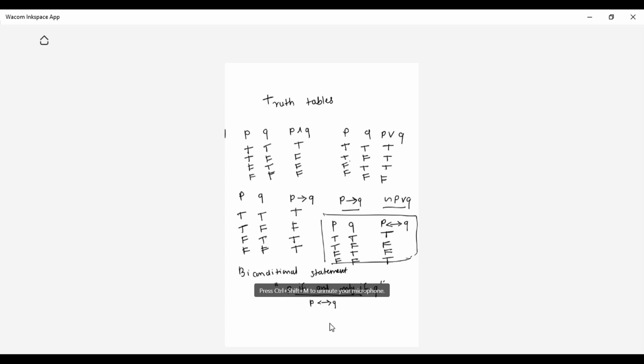Now, similar to P to the Q being equivalent to negation P or Q, do we have some equivalent term for P biconditional Q? Does anyone know? Let me check the page over here.